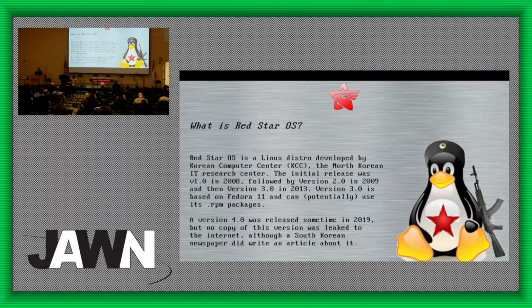So we're gonna start off with saying what is Red Star OS? Red Star OS is a Linux distro that was developed by Korean Computer Center. It's a North Korean IT research center in Pyongyang. And the initial release of this was done in 2008. It was very decidedly very Windows looking at that time. I don't have any screenshots of that version, but it was kind of like a Windows 7 looking UI if you look at it. There was a version 2 in 2009 which further solidified the Windows look